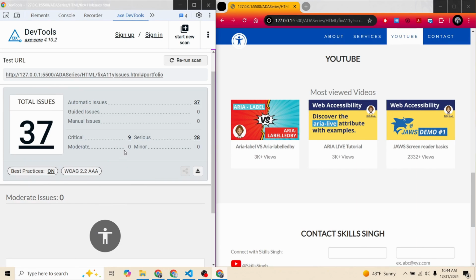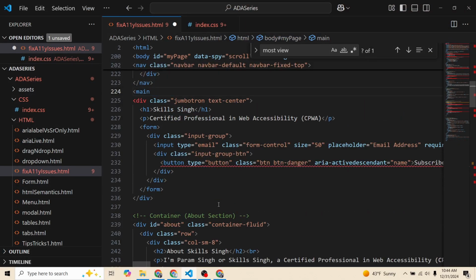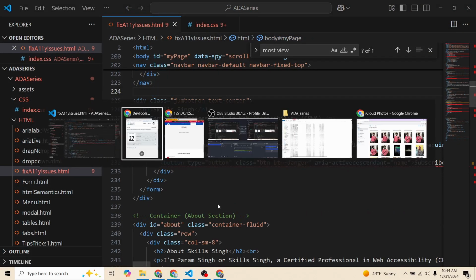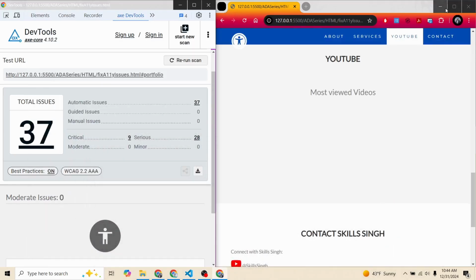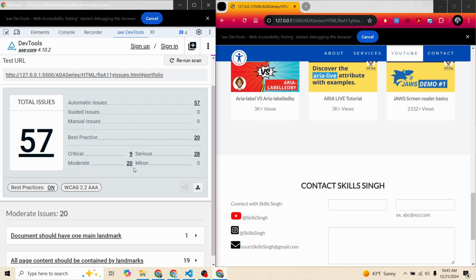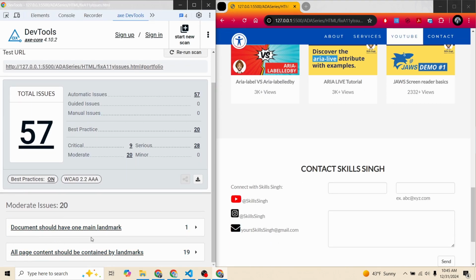If you recall, we had 18 other violations under moderate. Let's go back and roll back our changes to see what those issues were. I'm gonna remove this main tag. I'm gonna save it and then gonna rescan this page. So see, we have 20 under moderate, and it says document should have one landmark, and secondly we have